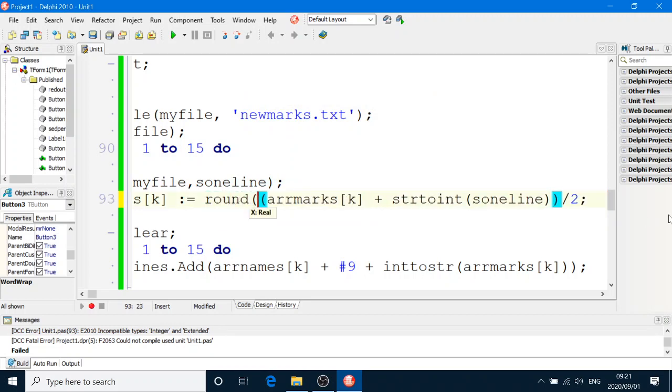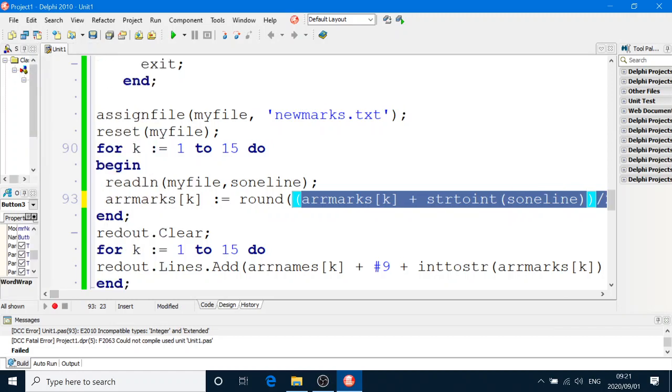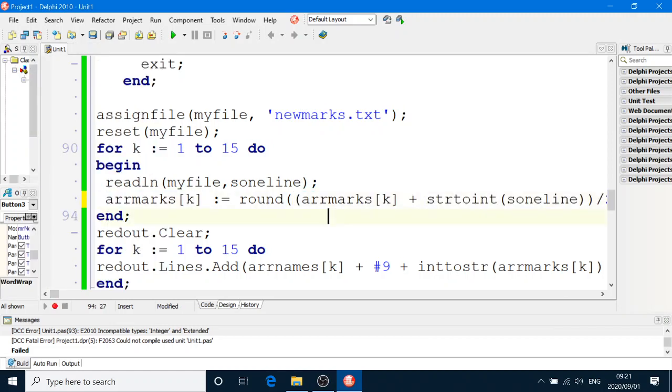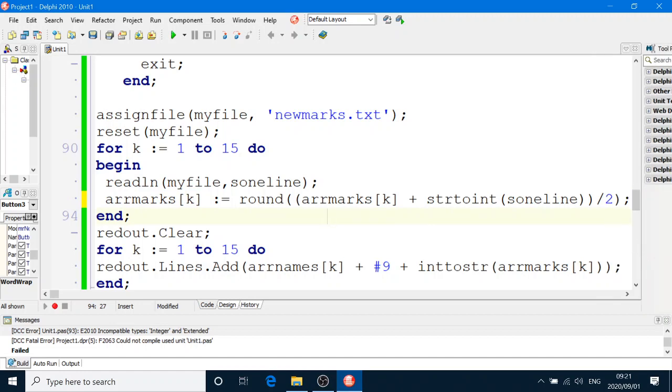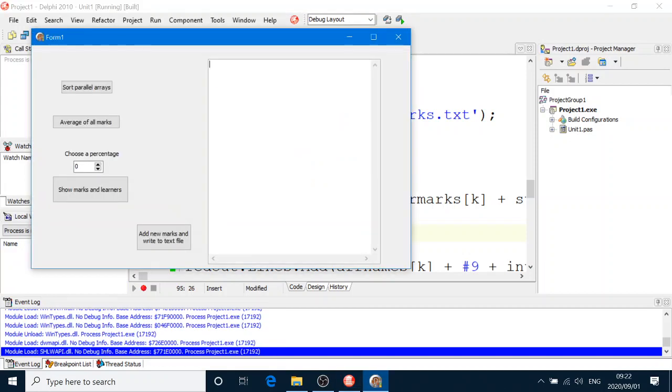Because ARR marks consists of real numbers only. Sorry, not real numbers, integers only. And when you divide, you're always going to have a real number. I'm glad I made that mistake, so now you won't forget. This is an array of integers, and therefore we have to make sure we only put integers in there, and as soon as you divide by 2, you are using a real number. So what I did was I just rounded, and round will round off, and there won't be any decimals. Round returns an integer data type,